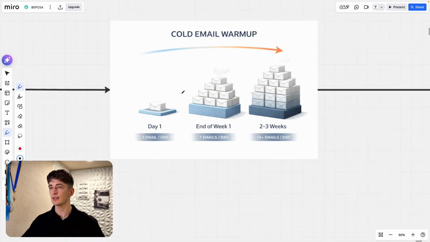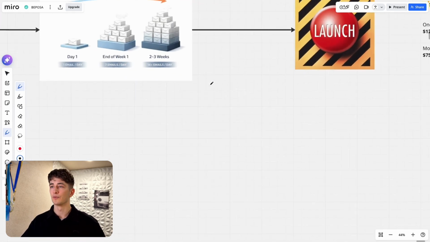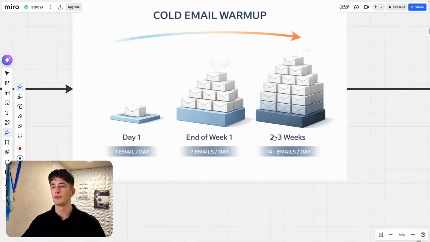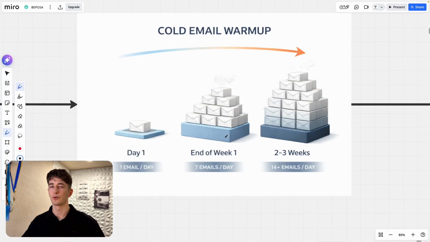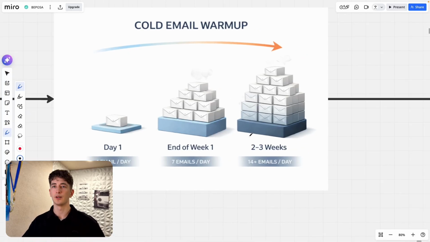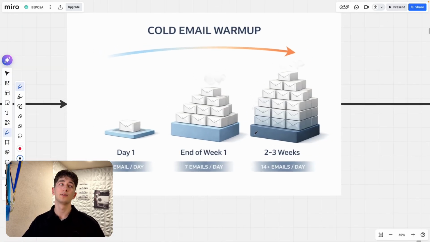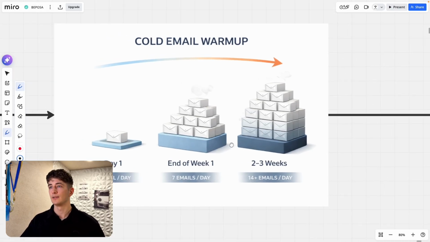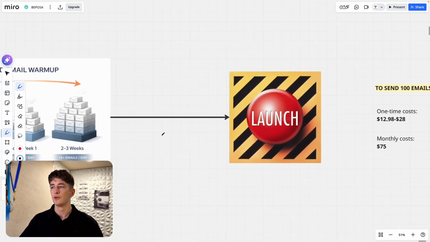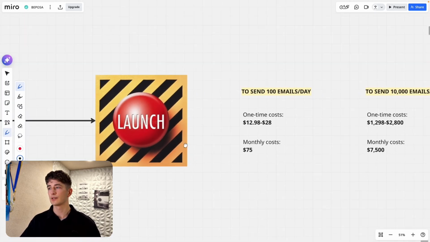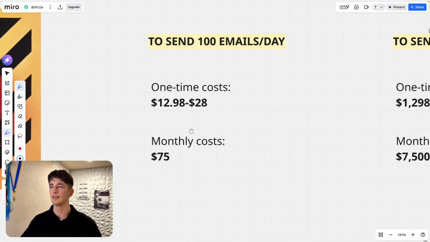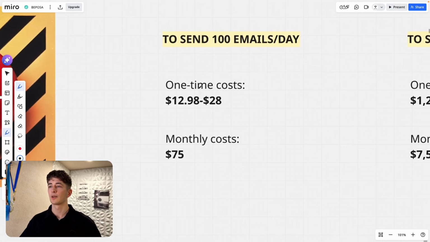Okay. So the usual cold email warm-up takes between 2 to 3 weeks. You start with 1 email a day, and then over 2 to 3 weeks, you increase by 1 email a day until you reach 25, or like 20 for Google Workspace accounts, and then you're good to go. Okay, after those 2 or 3 weeks, once you've done that, you're able to launch. Now, this whole system to send 100 emails a day is going to cost a one-time cost of